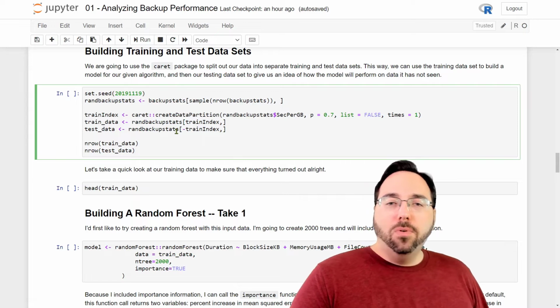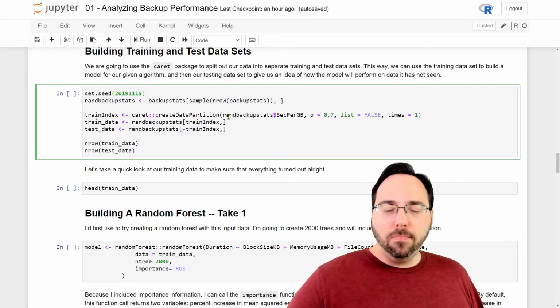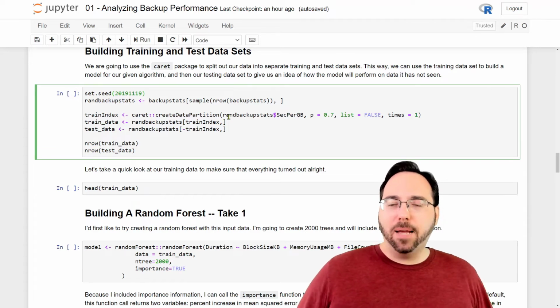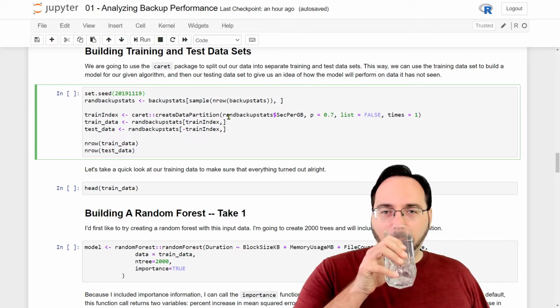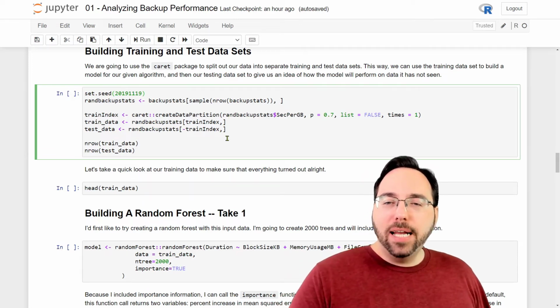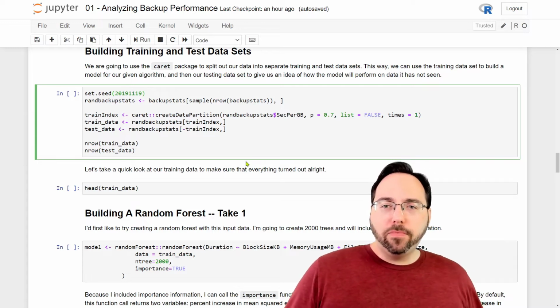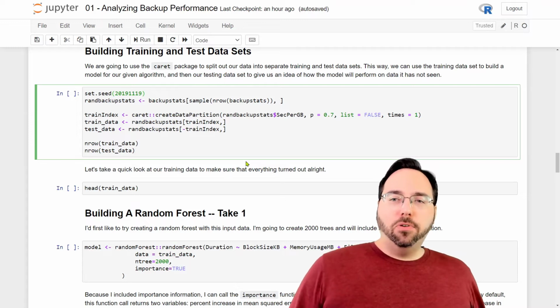So we'll take our backup stats, we'll shuffle them up, and we'll get random backup stats, which is just a randomly ordered output. Then I'll use caret's create data partition function to predict for the seconds per gigabyte